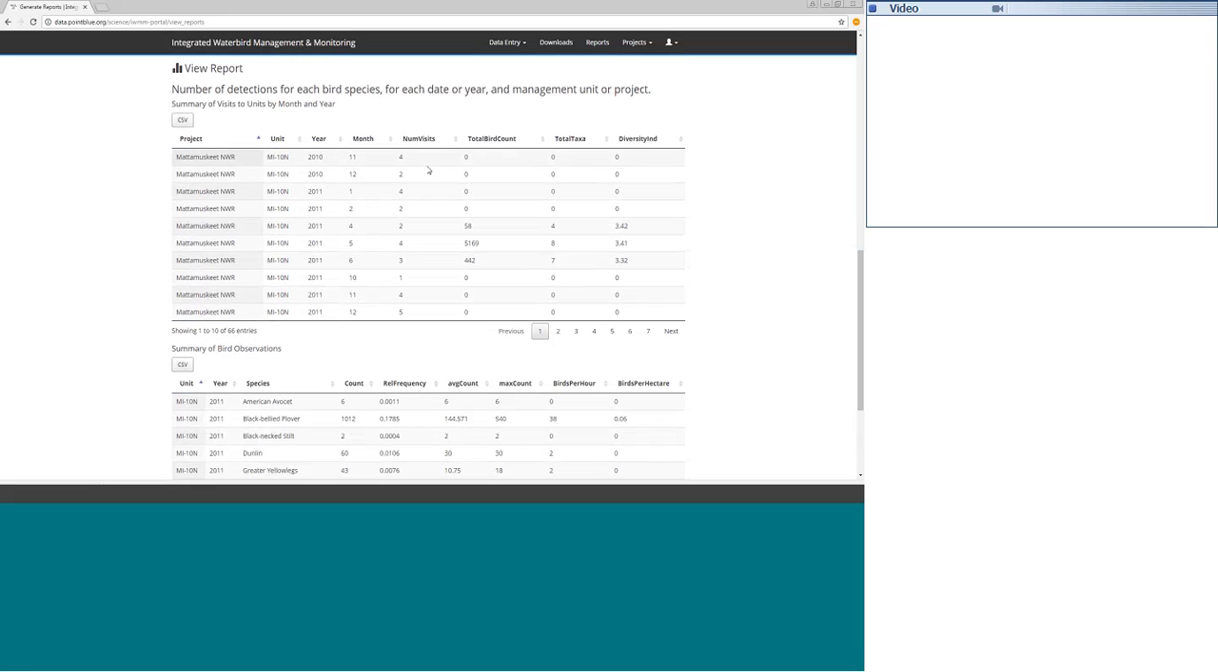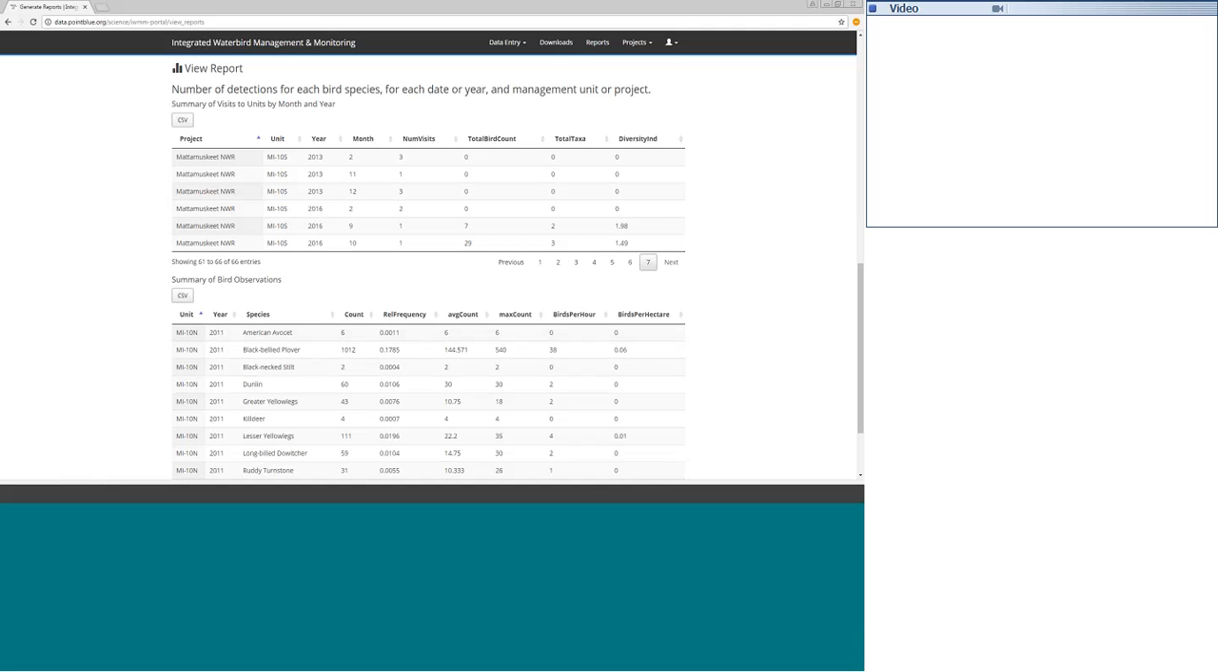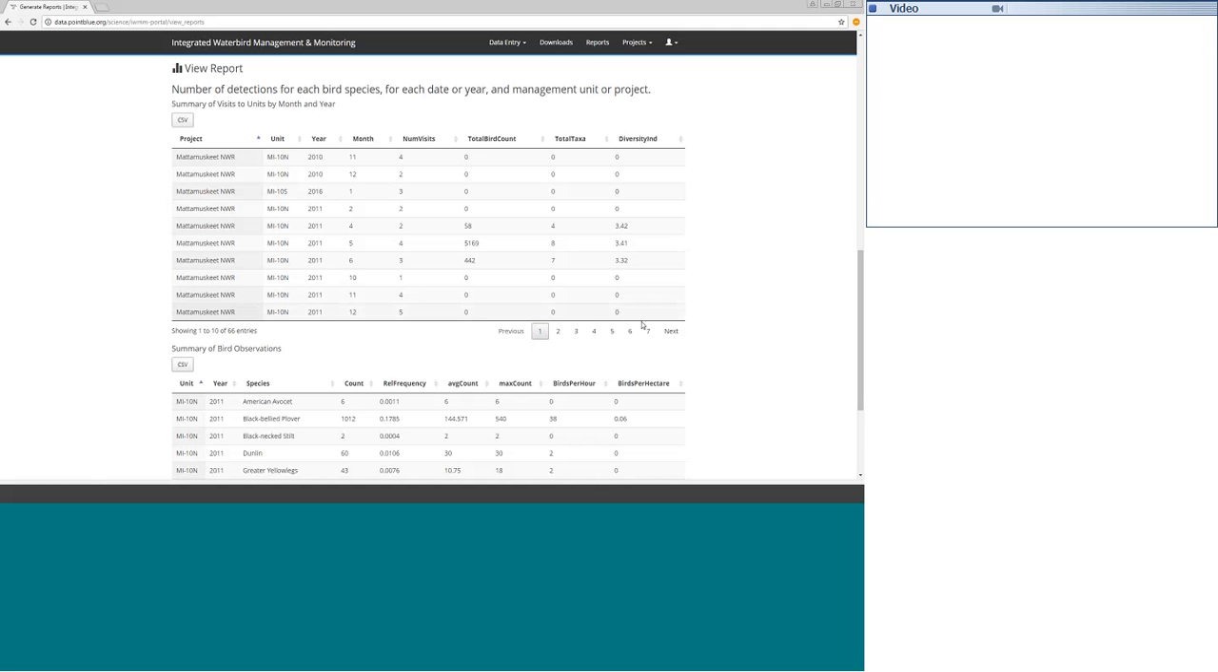So this is where we get our summary for each unit and year. We're looking at, in November of 2010, there were 4 visits to MI-10 North. And as I said, there are multiple pages to this report. You can click through the pages here, just like you would on any web app, or use the next and previous buttons. If I ask for a CSV output of this, I would click here,